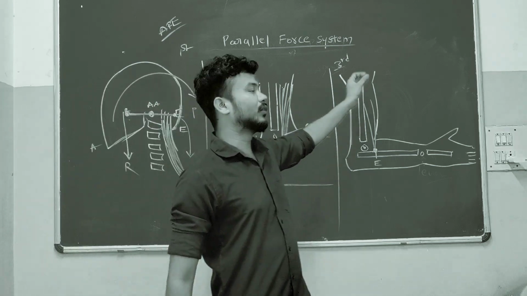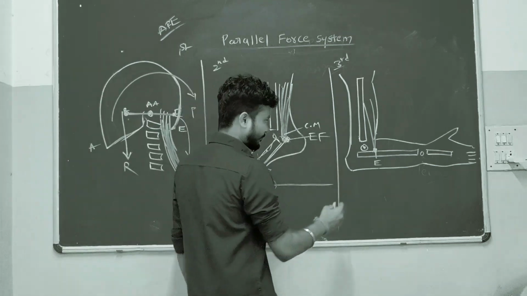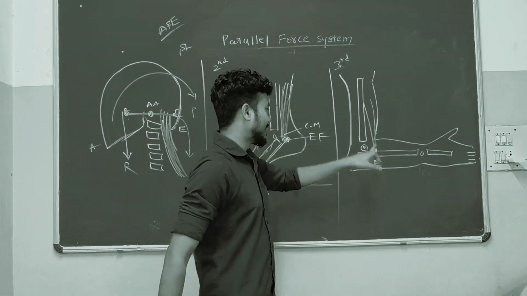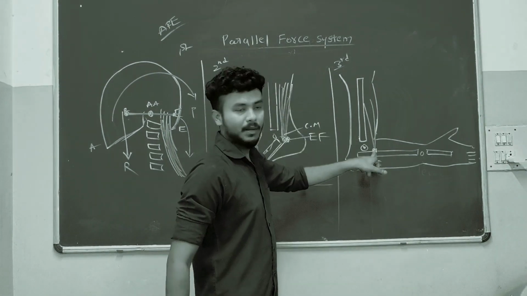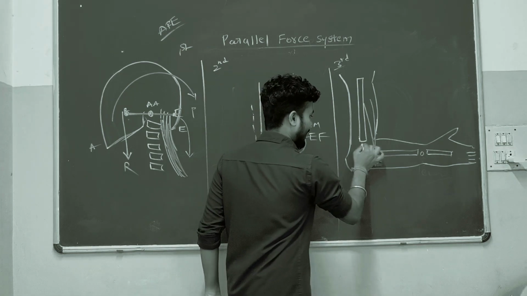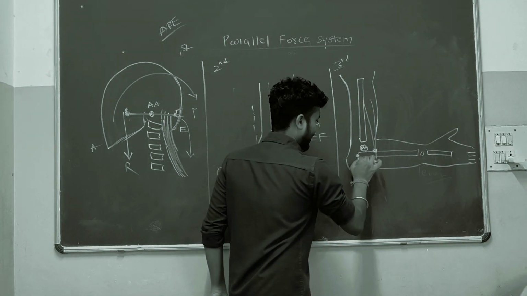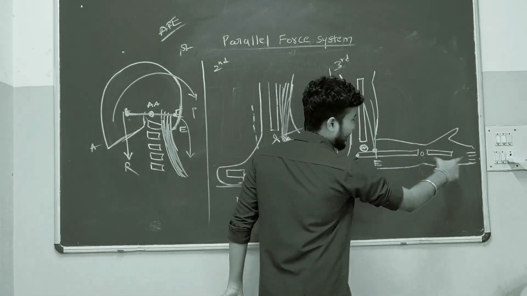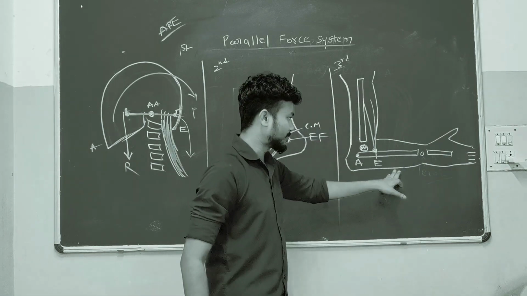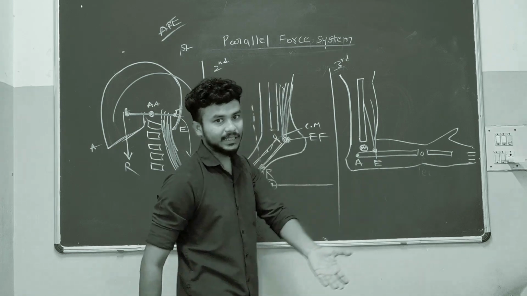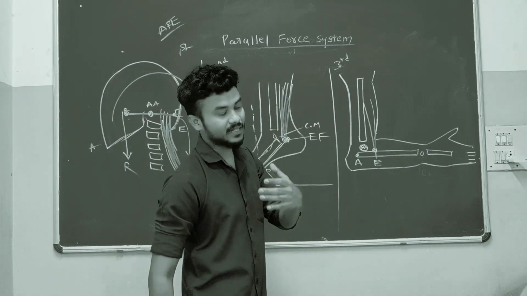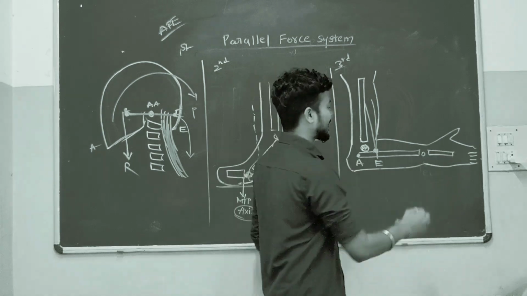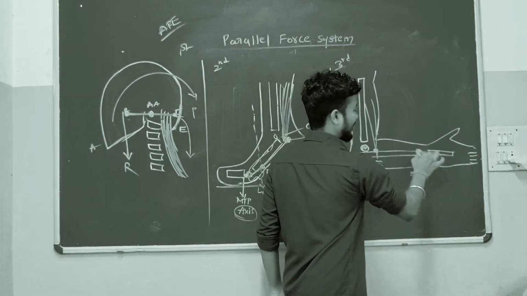Now third order lever. Here we saw already the effort arm is because of the insertion of the biceps. Here the biceps muscle will be there. So here the elbow joint is our axis, and this is the forearm segment. This is the hand segment. If we see the segmental center of gravity, the forearm and hand segment together, the center of gravity will be here.